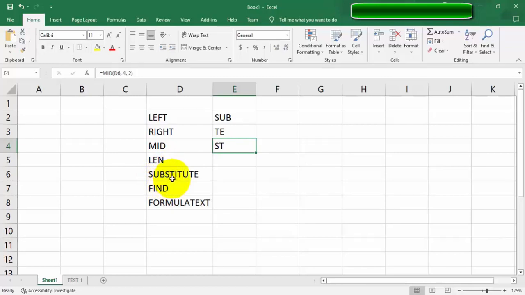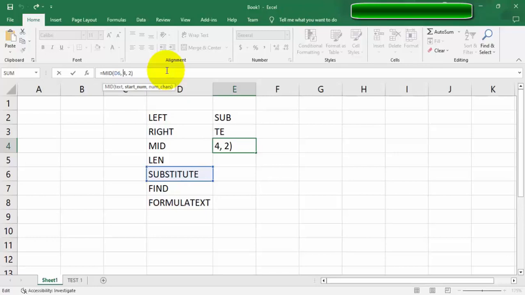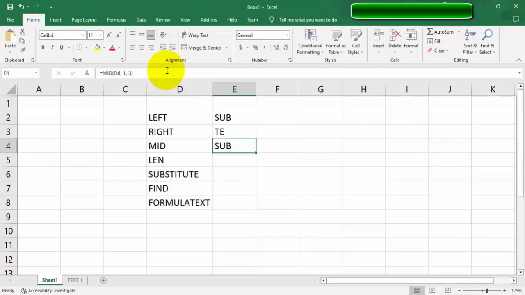So what if I want to return the same text display as the LEFT function over here, and also the RIGHT? This will be very simple. First of all, for the leftmost, it will always start with 1, and then I just change this one to 3. So the difference over here is the starting number of the character to be considered to return with. That's why you see over here, LEFT is much simpler. Okay, for the MID, here we'll return exactly the same, and for the RIGHT,